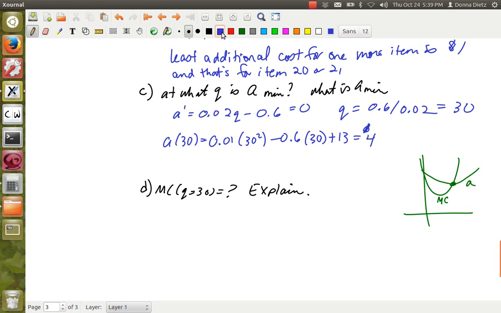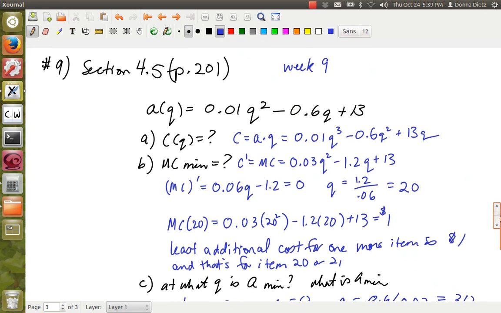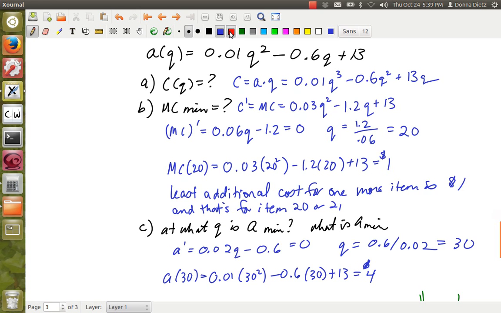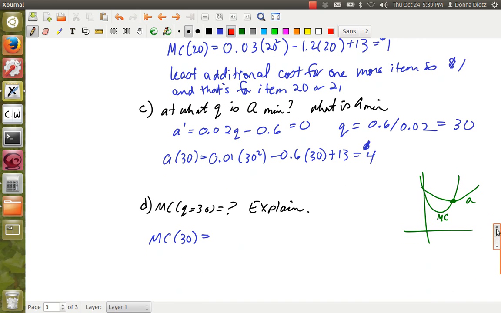Alright, so now marginal cost at 30 is going to be what? So you go back to marginal cost. Where do we find marginal cost? We found marginal cost right here. So it's 0.03 Q squared, 0.03